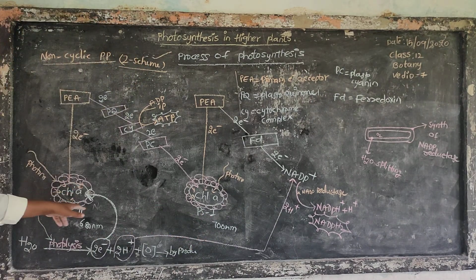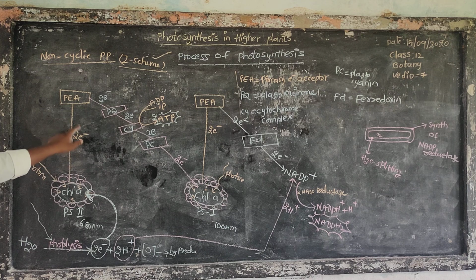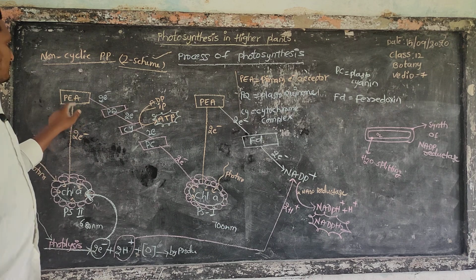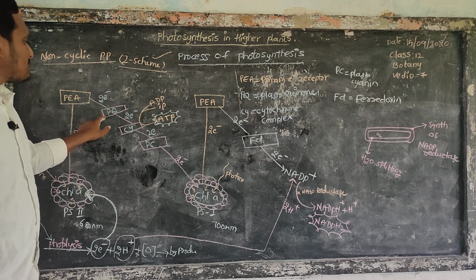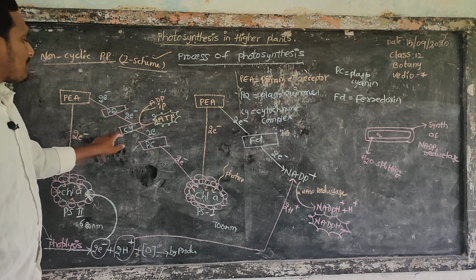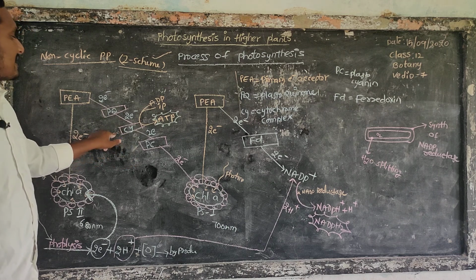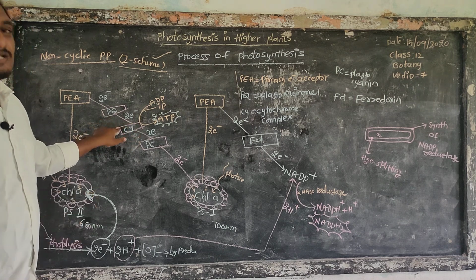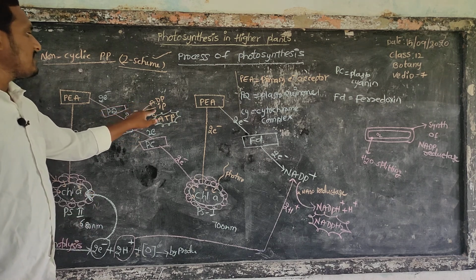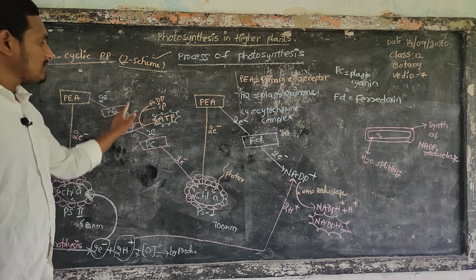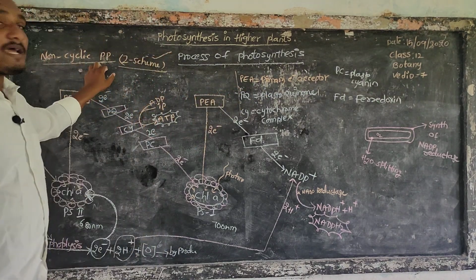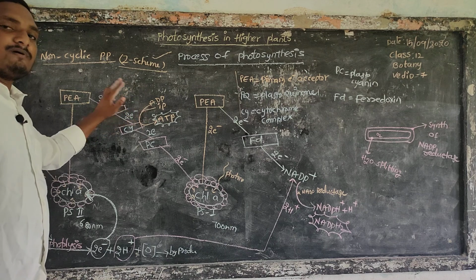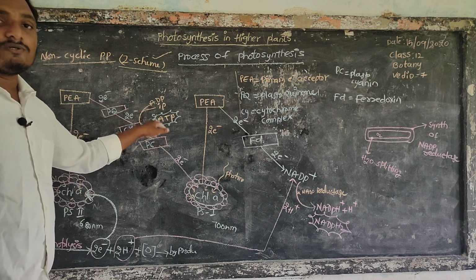Chlorophyll A absorbs photons of sunlight, is excited and releases a pair of electrons. The pair of electrons is received by the primary electron acceptor. The primary electron acceptor sends these electrons to plastoquinone. Plastoquinone sends the electrons to the cytochrome complex. Cytochrome complex sends them to plastocyanin. While traveling through the cytochrome complex, adenosine diphosphate and one inorganic phosphate are joined together to form ATP. That's why it is phosphorylation, because adding phosphorus changes adenosine diphosphate into adenosine triphosphate.